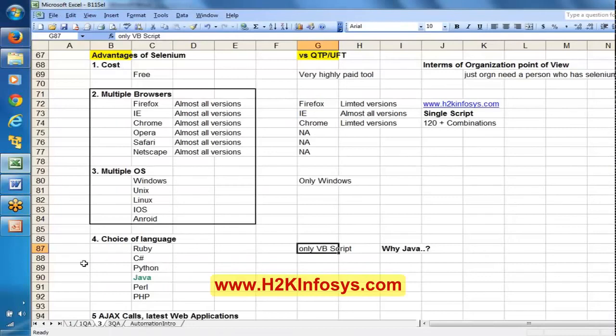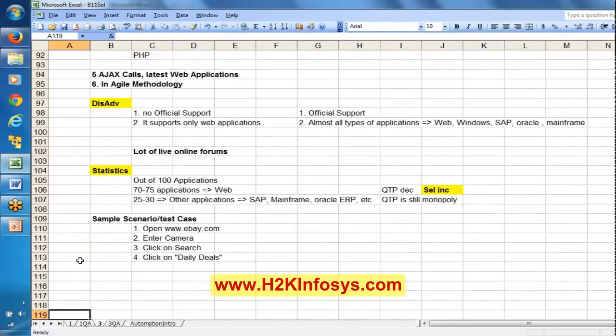Here let me show. There is no official support for Selenium, and it supports only web applications. I said no official support, right? However, there are a lot of online forums available.